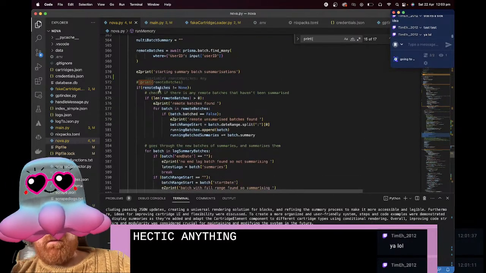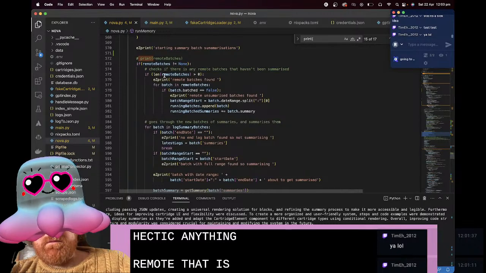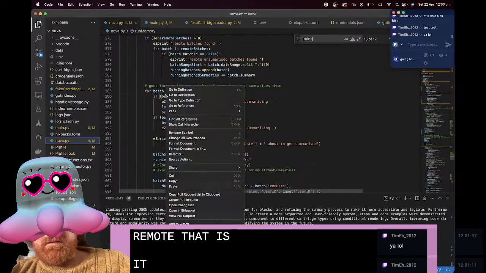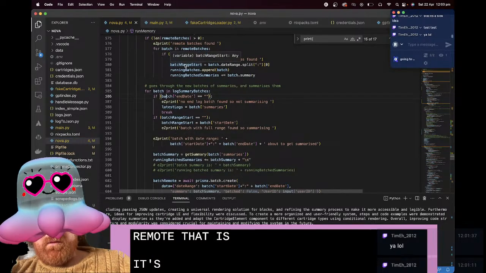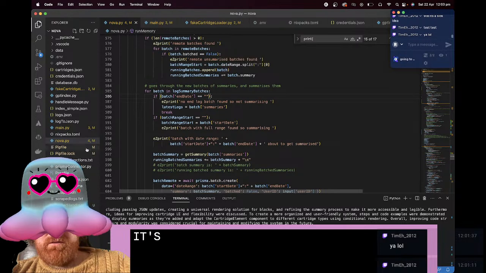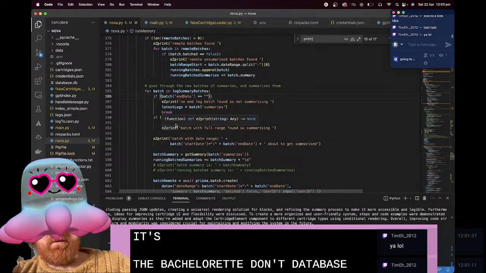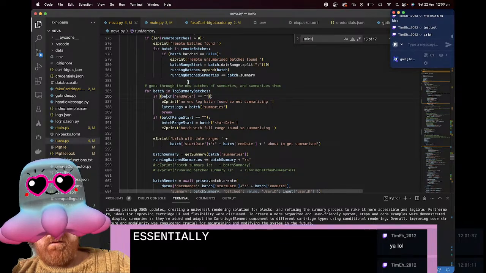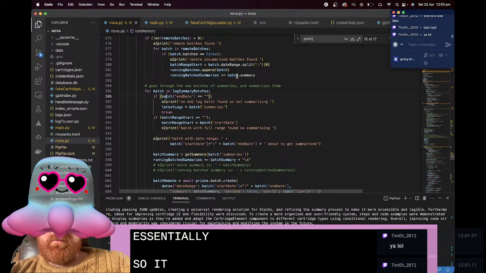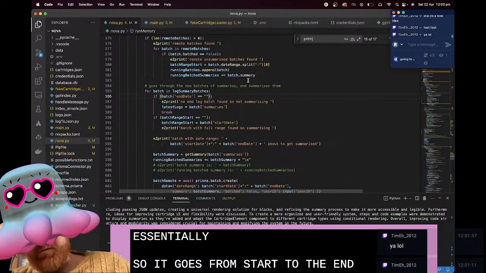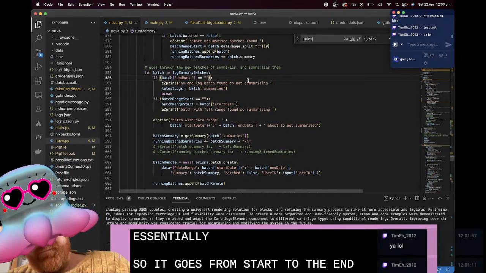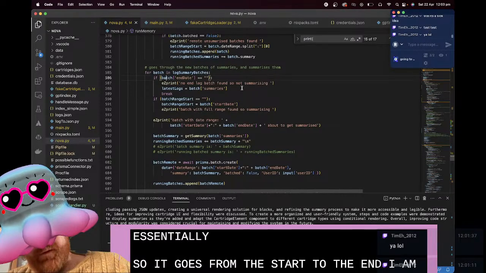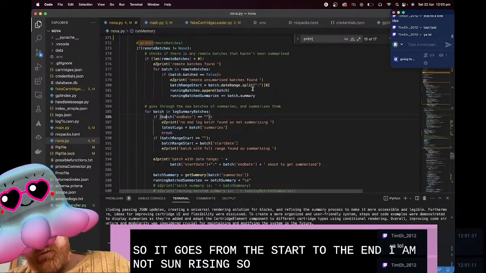So then it goes, okay, are there any remote batches? Each batch has a range because the batch is its own database schema essentially. So it goes from the start to the end. What the fuck? No end log batch found, so not summarizing. So it takes the batches and then